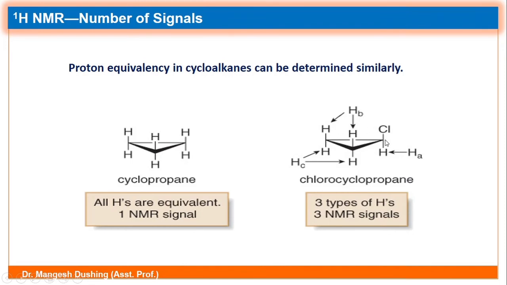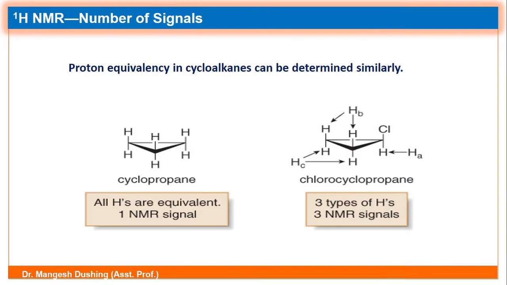Symmetry passing through this carbon and the middle of the bond, then these 2 protons will be mirror images. So these 2 protons are the same, HB. Similar case for these 2 protons also, trans to the chlorine and cis to the hydrogen. If you pass a plane through this carbon and the middle of the bond, then these are mirror images. So both are the same. So how many types of protons in this chloropropane? 1, 2 and 3. So 3 types of protons are there and it will give us 3 NMR signals.